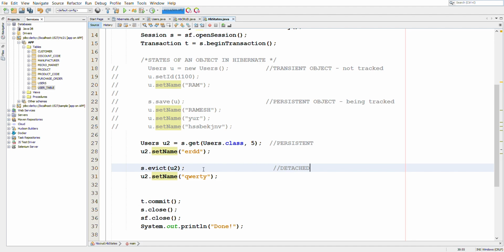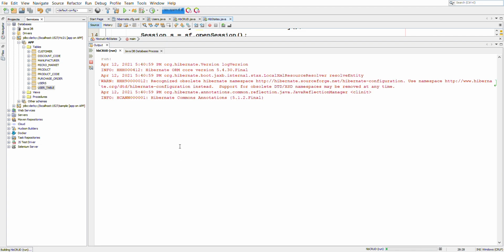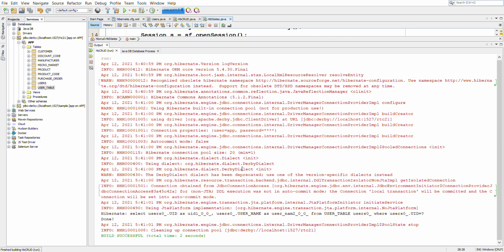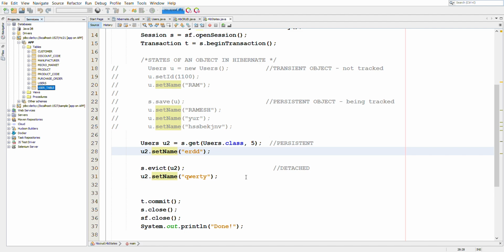That is why there will be no updates on this object. So when we run this code, as you can see here, only a select query has been fired because we have called the session.get method to fetch the user row from the table. But the update has not been applied because the object is not being monitored.